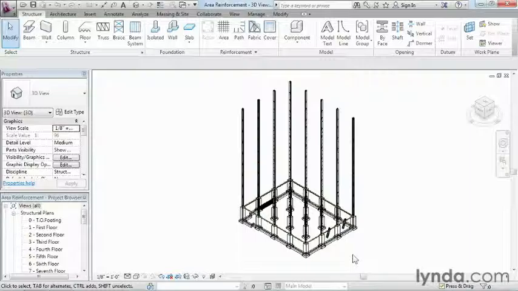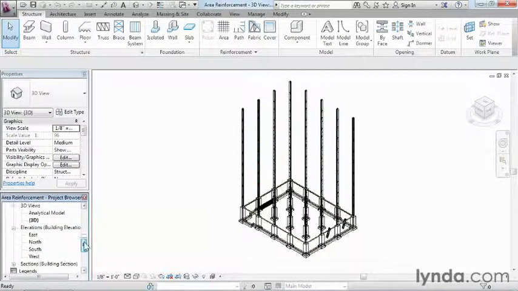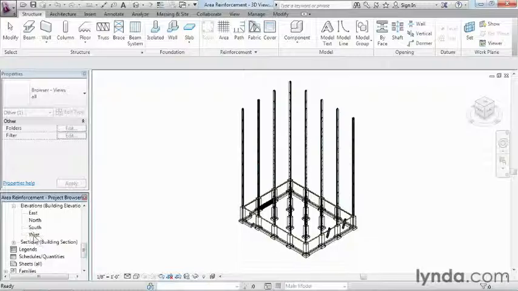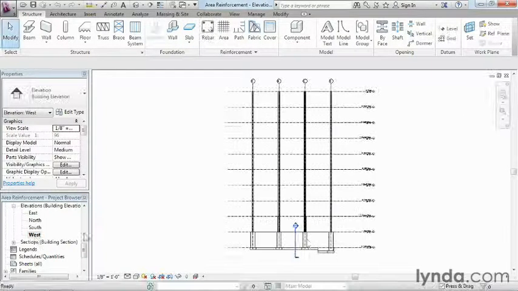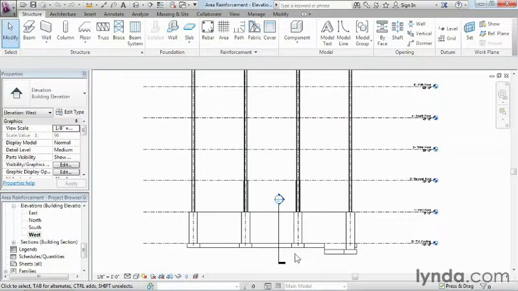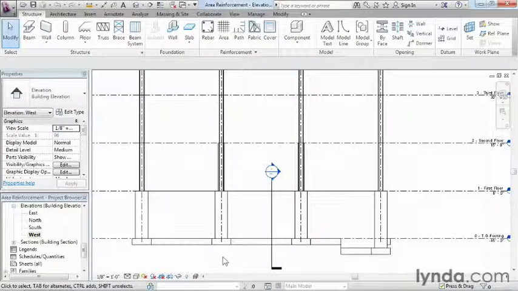To do this, we'll go to the west elevation and reinforce that portion of the wall. So, underneath the project browser, we're going to move down and find our west elevation and just double click on that. Next, we'll go ahead and zoom in on that area. And let's just reinforce this middle portion of the foundation wall. Now, realistically, the entire wall is probably going to get this reinforcement, but this is just a little bit of